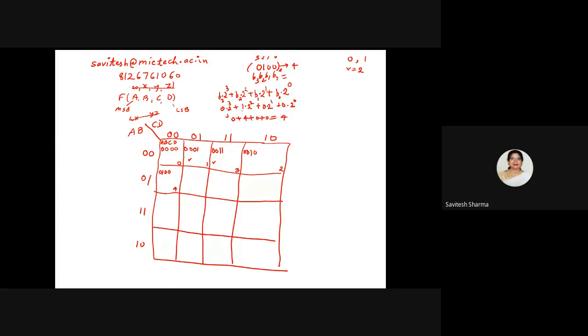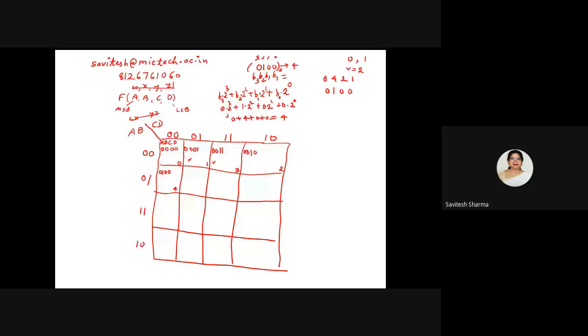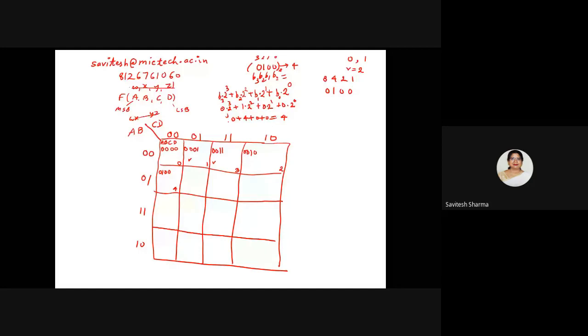So I can also tell you the shortcut. You just write under it, say it is 4. So you see, I can directly get the decimal equivalent if you remember the sequence 8421. So this is the shortcut. Let's see this one, 0101. What is the decimal equivalent? You see, this is 4 and this is 1. So 4 plus 1, 5.